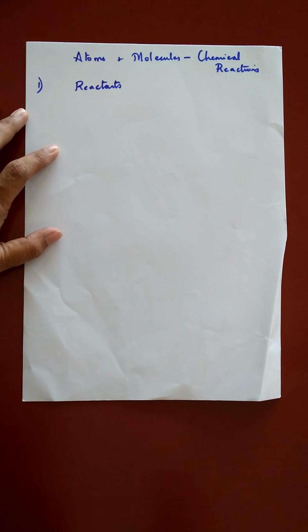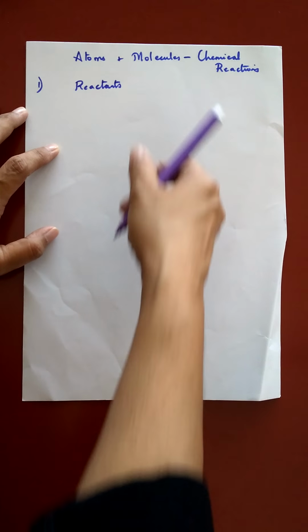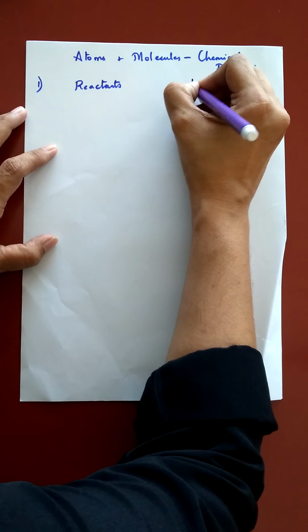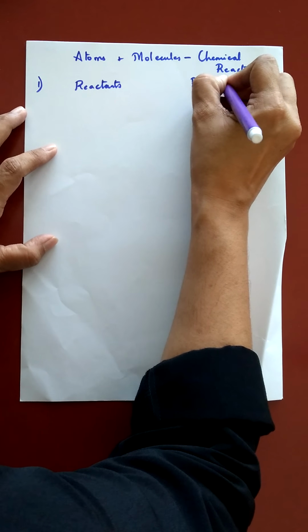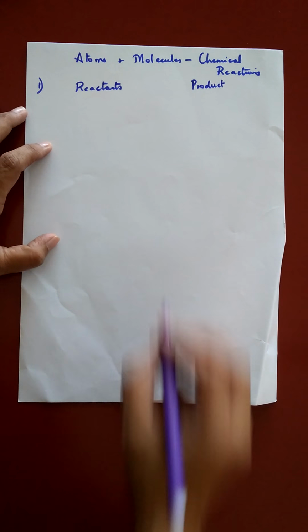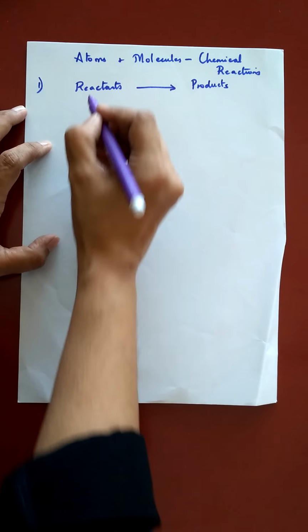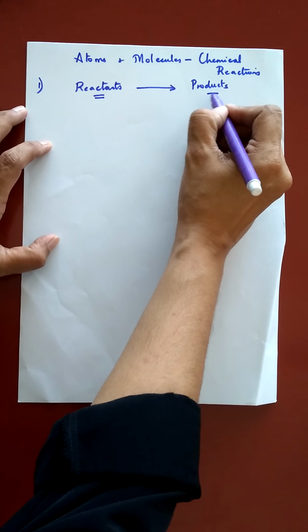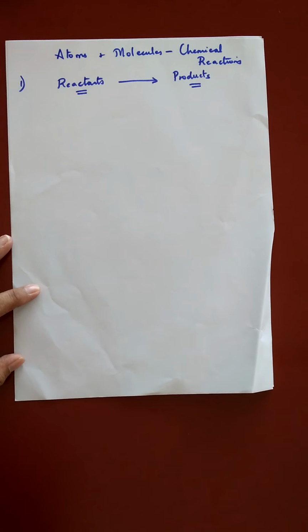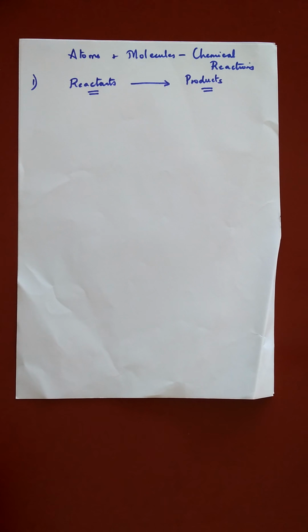The new substance that is formed because of the chemical reaction is called the product. So a chemical reaction involves conversion of reactants into products. In our daily life, we come across several chemical reactions, for example,